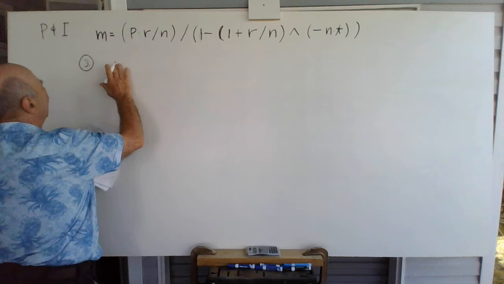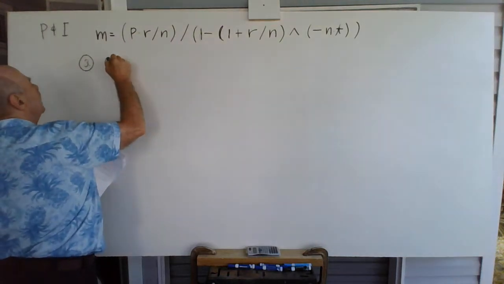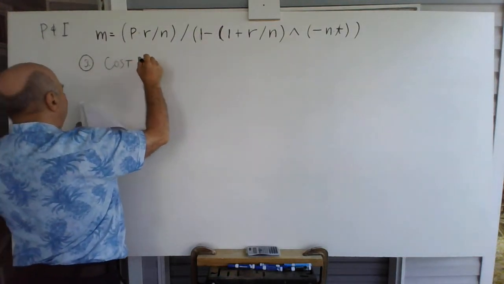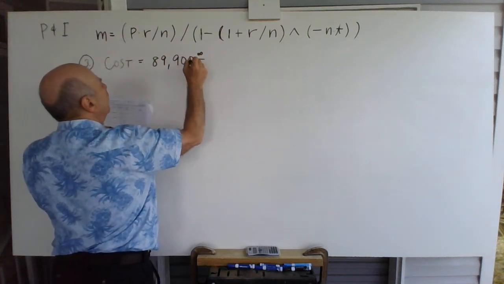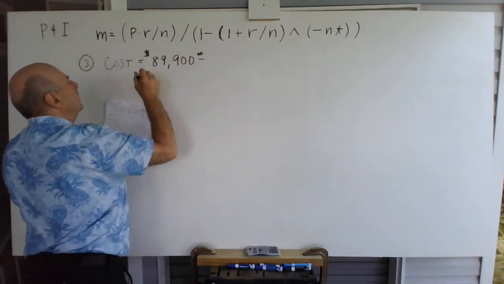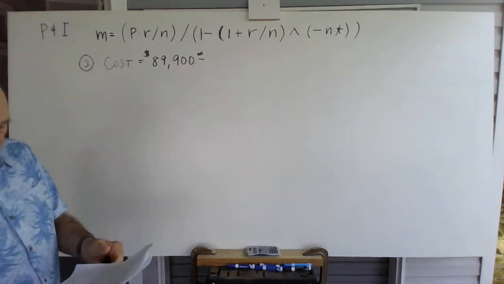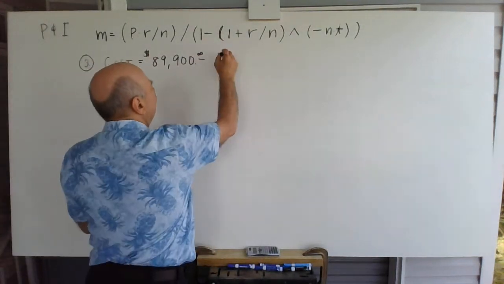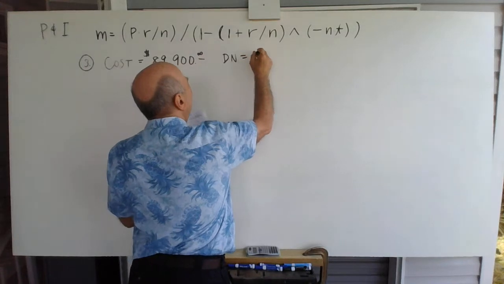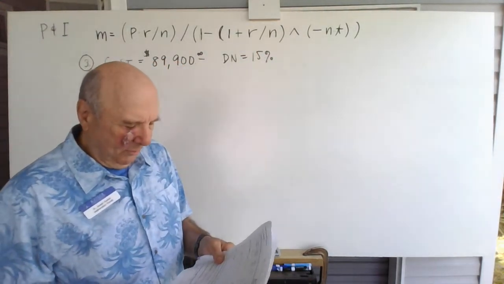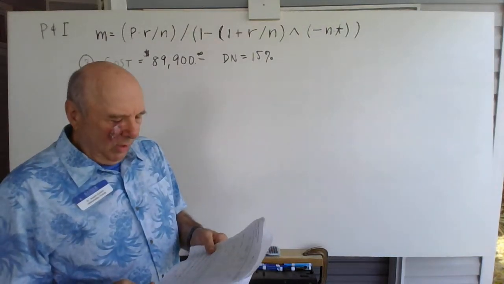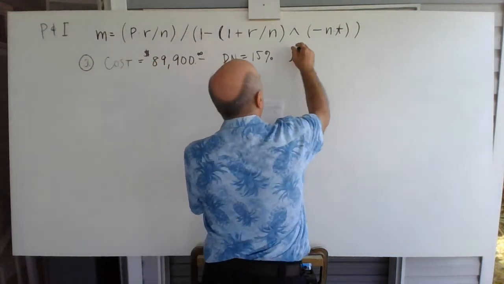So I jumped the gun there. So the cost is $89,900. There's a down payment of 15%. DN for down payment. Tony got the go-ahead for a 30-year mortgage